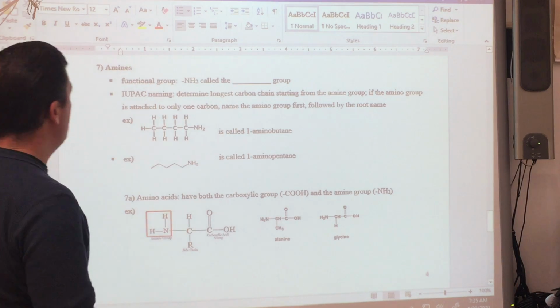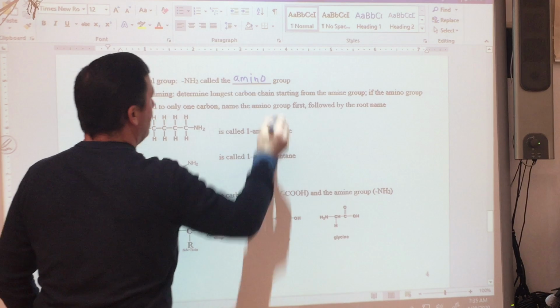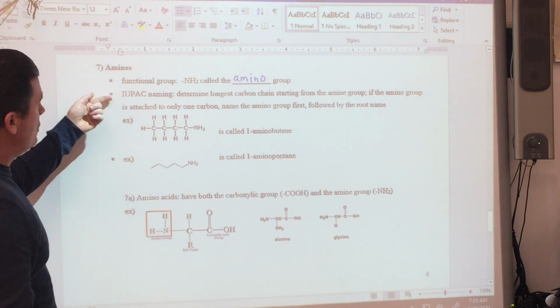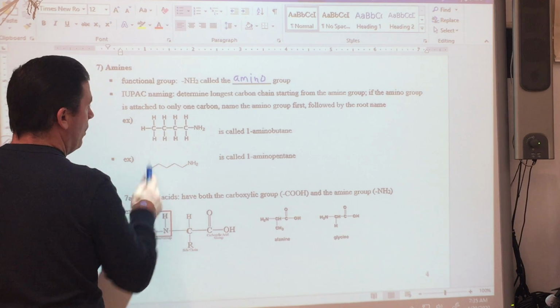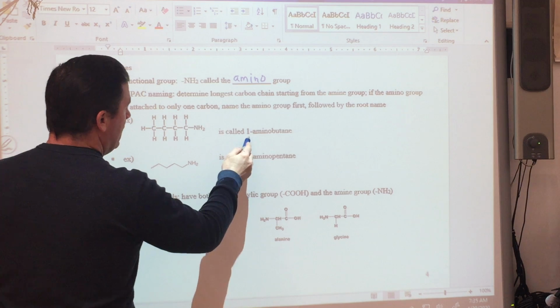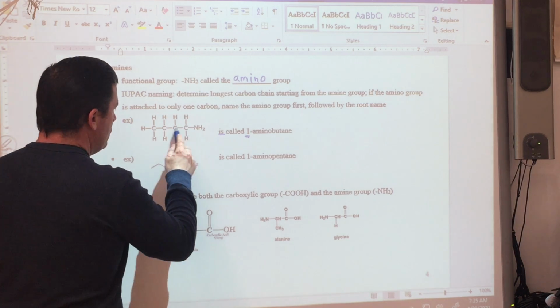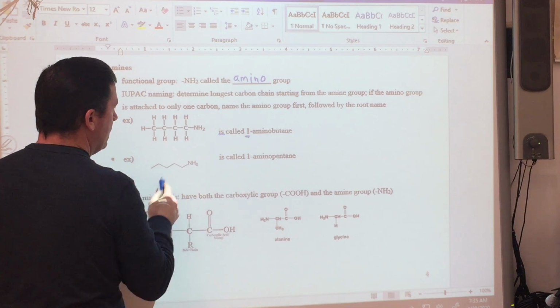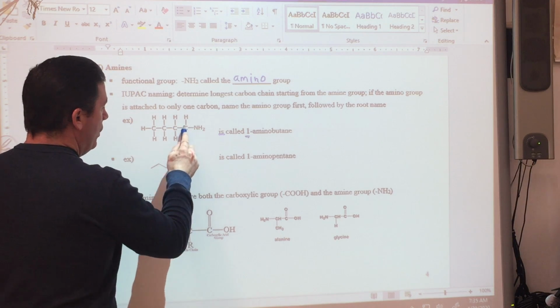Okay? So the last two here are amines and amides. Amines and amides. So the NH2 group is called the amino group. So, somewhat similar. I find my longest carbon chain, 1, 2, 3, 4, and then I name the carbon to which the amino group is attached. So this is 1, 2, 3, 4. This is 1 amino butane. Only double bonds, or only single bonds here. So 1 amino